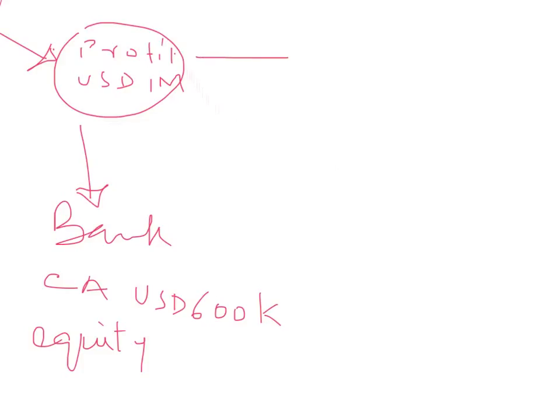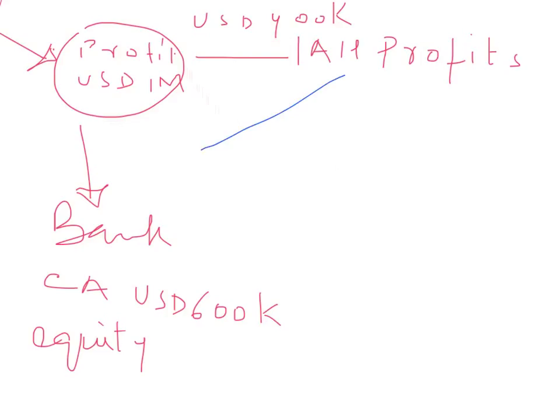The remaining $400,000 is supposedly the investment account holder's profit, which is further distributable amongst the Mudarib, that is the bank, and the investment account holder on the basis of a mutually contractually agreed profit sharing ratio, which in our case is assumed to be 70 to 30. That is, 70 is the part attributable to the Mudarib, that is the bank, and 30 is for the investment